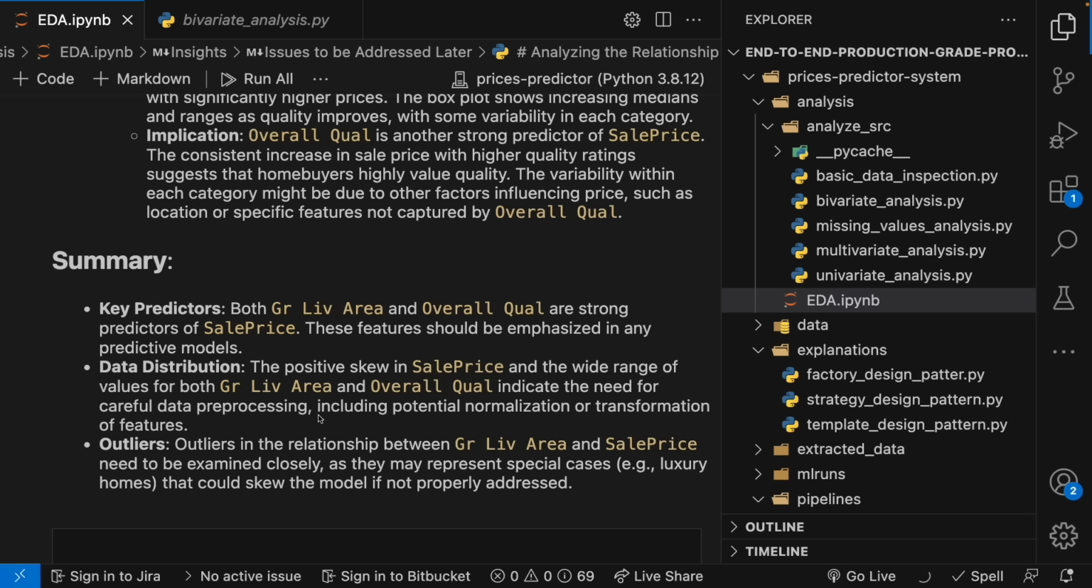We conclude that both ground living area and overall quality are very strong price predictors. These features should be emphasized in the predictive models. However, this is my inference. You must go ahead and try it out because there are a lot of features. I want you to try out which features might possibly be the strong predictors of sale